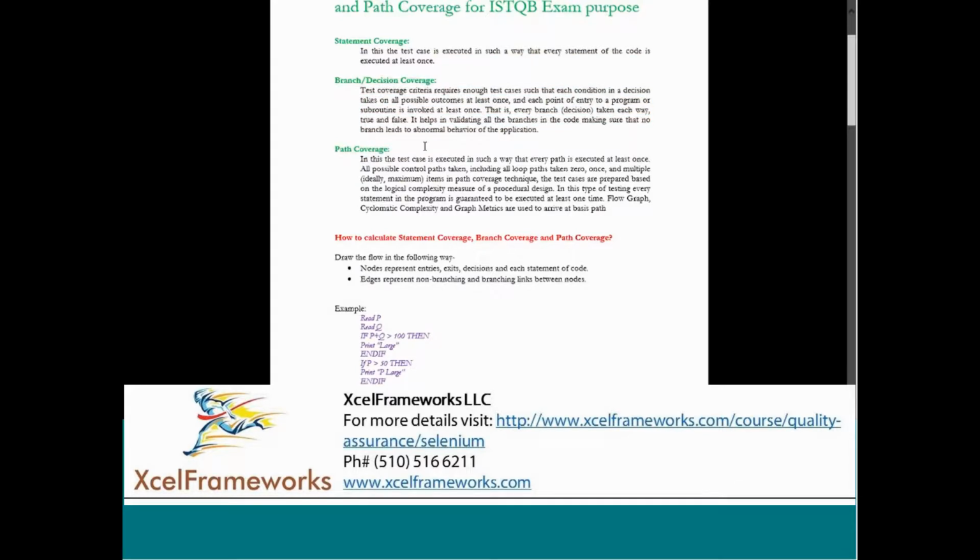Okay, fine. So in the first case, we'll take statement coverage, where we make sure the test cases are executed in such a way that every statement of the code is executed at least once. The goal of statement coverage is very important: at least once it has to execute. So you need to come up with your test cases by looking at the code, not at the basic functionality, because black box works in a different way, wherein there is no code in front of you.